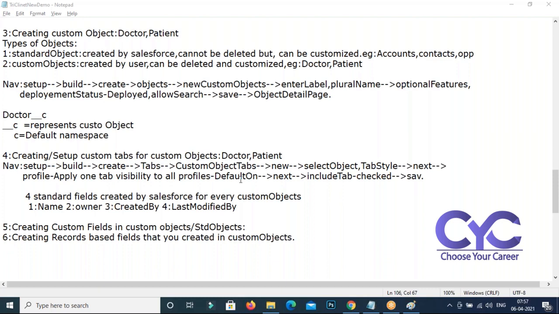Please create your object as well as the tab. Tomorrow you are going to start every session, every day's session, that you should finish. Please don't wait for that. It will take one hour to explain it, but if you do it yourself, it will take only 10 to 15 minutes, I think. Just watch this navigation and create it immediately.